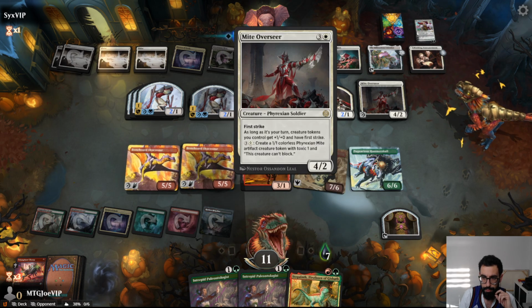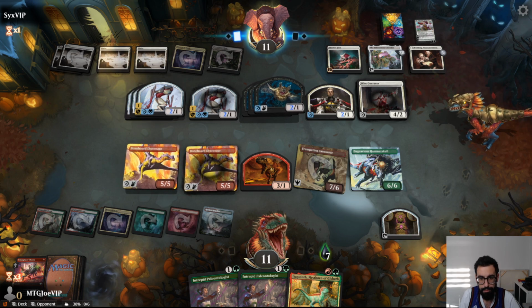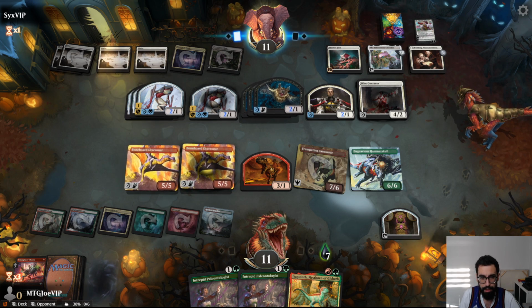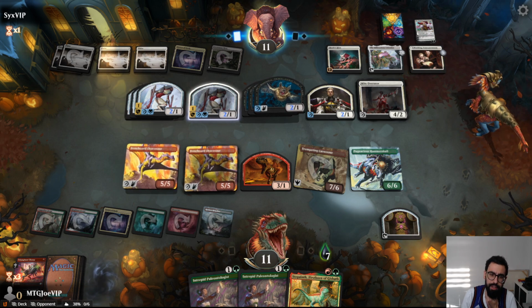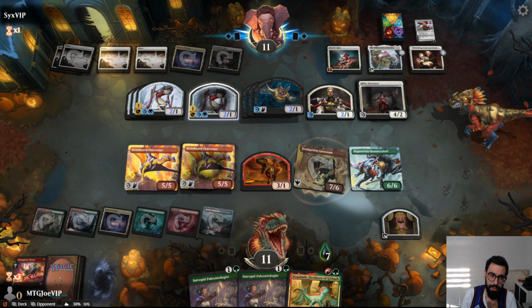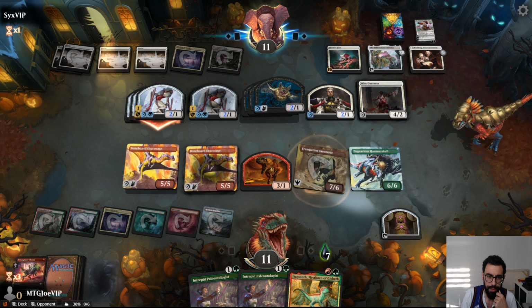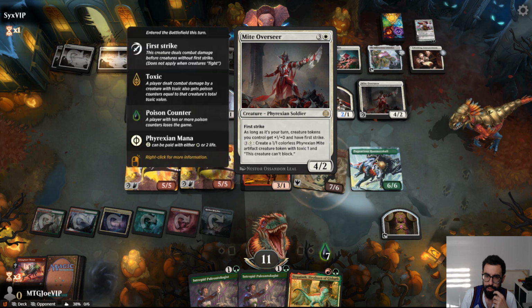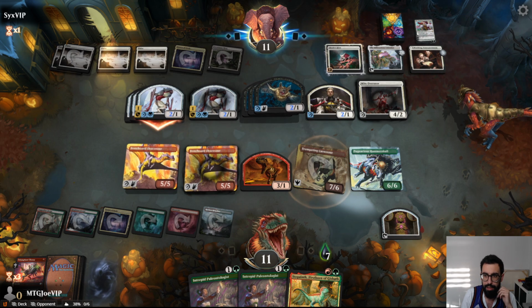So Gishath could fight this, gets rid of the first strike. Even this attack's not great for them. They gain some life, but they're going to lose like 2 of the 3. They do get first strike, so they actually gain 6 here. It's actually an interesting card. Pretty understated, but in this deck,